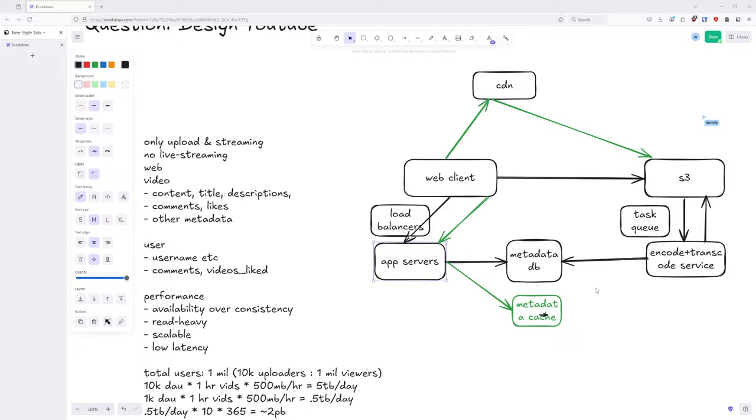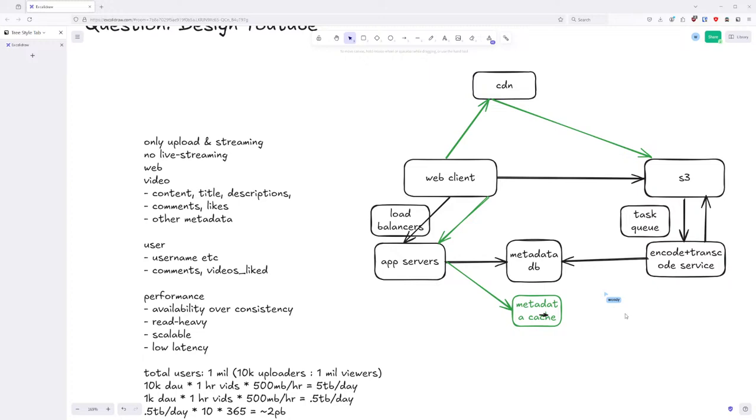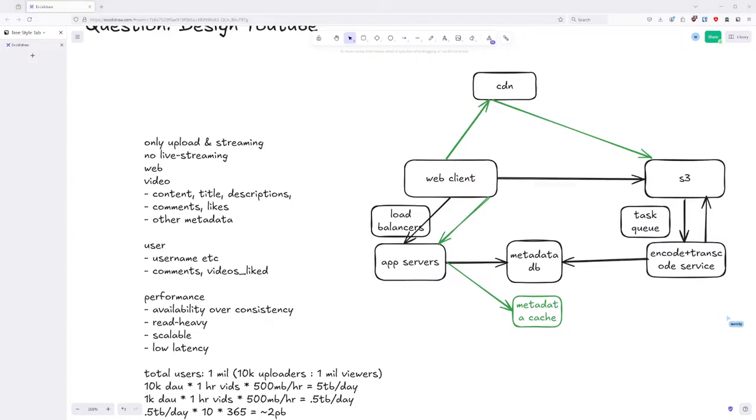Is there anything else you want to add to the design? Otherwise, we'll end the mock here, and I'll go through some other feedback. No, there's nothing more I want to add to the design. Cool. Well, then let's call it here. Let's go over some stuff. So first of all, how do you feel about your design? How do you feel about the overall process?